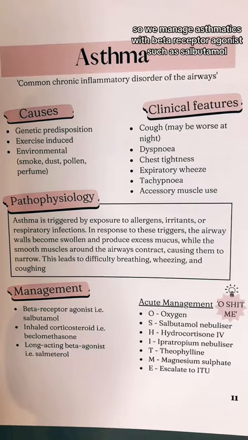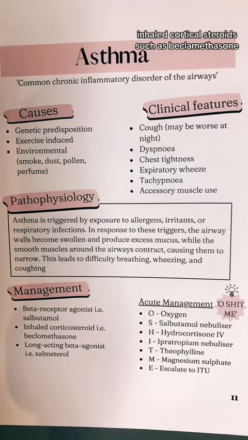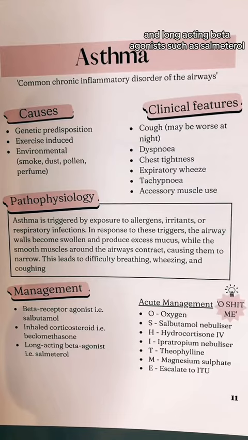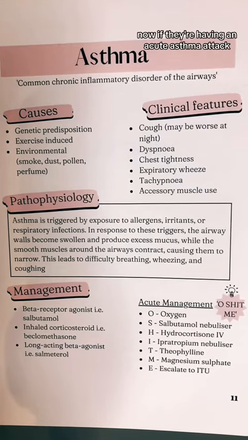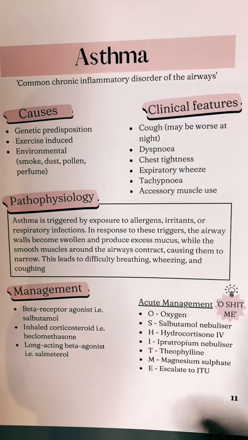So we manage asthmatics with beta receptor agonists such as salbutamol, inhaled corticosteroids such as beclomethasone, and long-acting beta agonists such as salmeterol. Now, if they're having an acute asthma attack, we manage them differently, and we manage them with